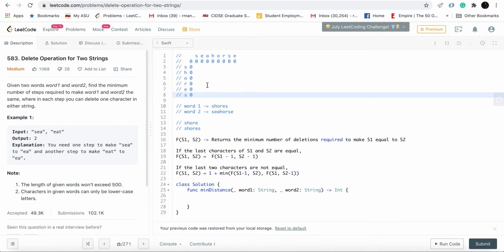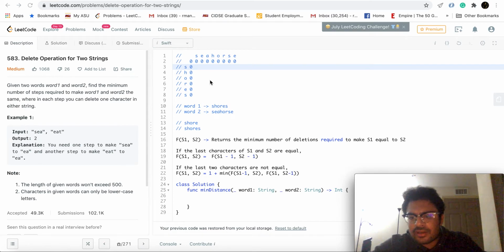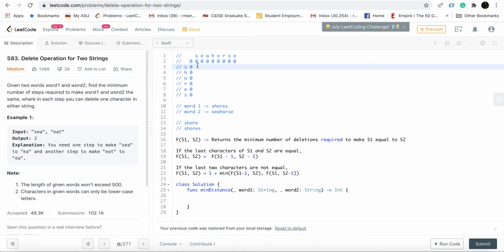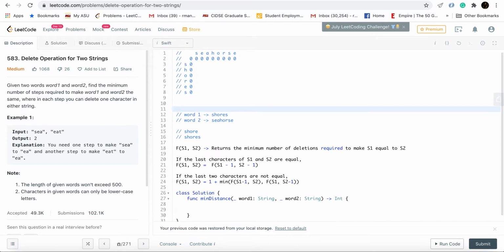Because that's what we want, right? The f of S1, S2 basically means f of the entire length of S1, the entire length of S2. Suppose this array is called dp.